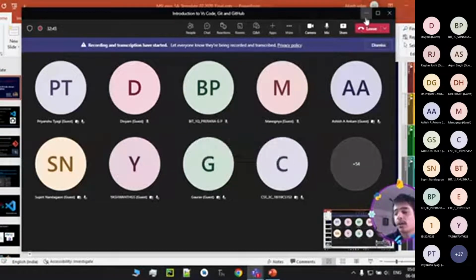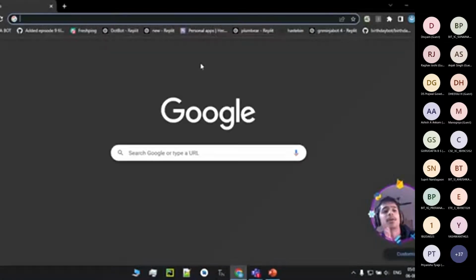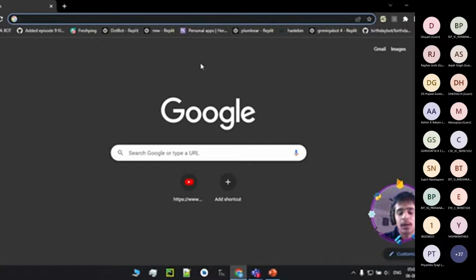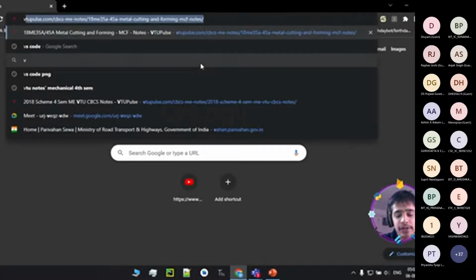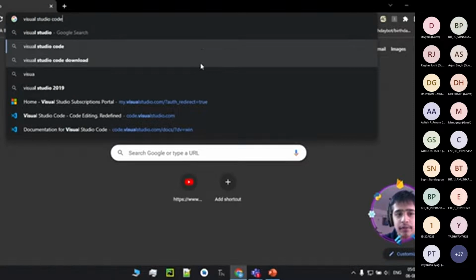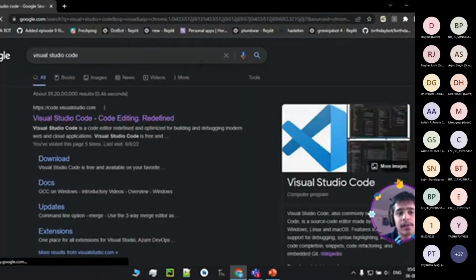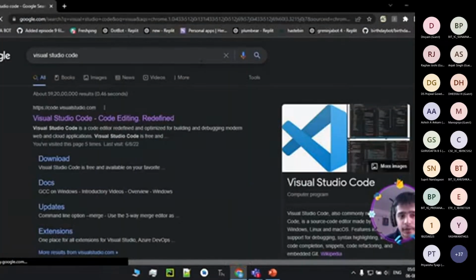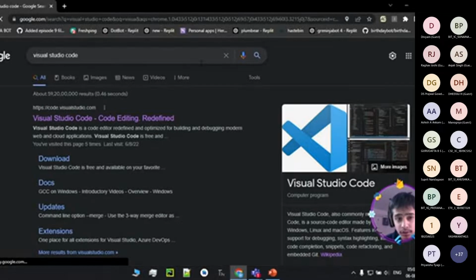I'll tell you what the agenda is, or what we'll be doing today. But before that, I want you to just follow what I do. First, go to your web browser. It might be anything. I'm assuming my screen is visible to all of you. I want you to type Visual Studio Code, okay? Visual Studio Code, not Visual Studio. Again, let me repeat. Visual Studio Code,